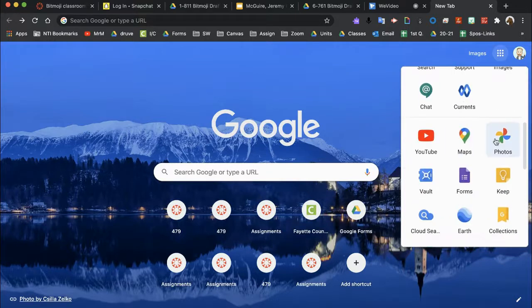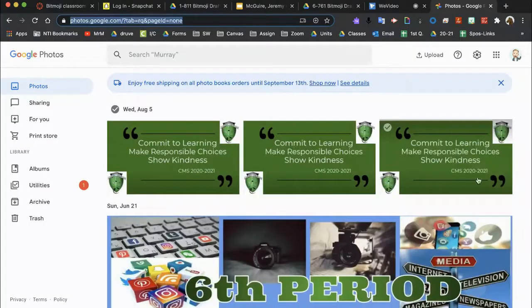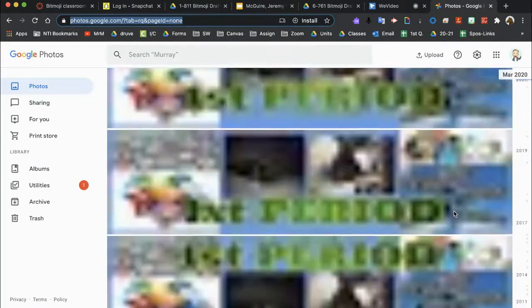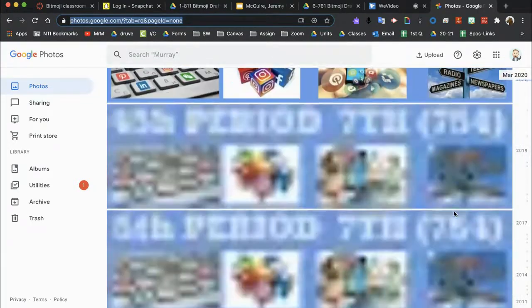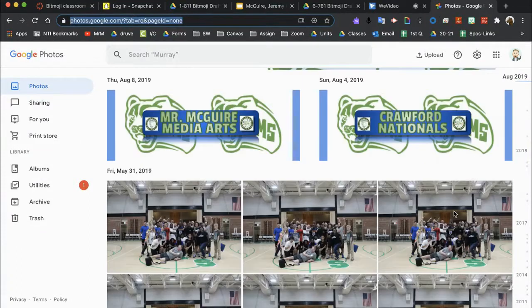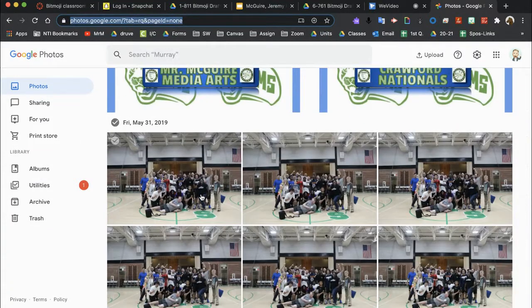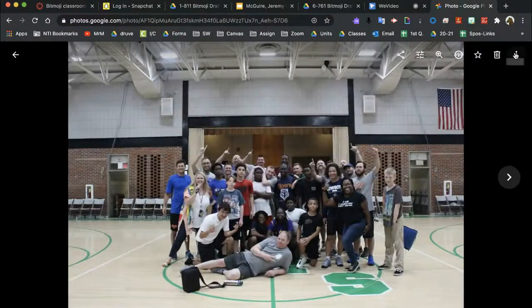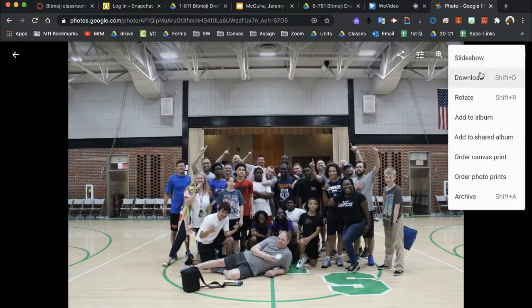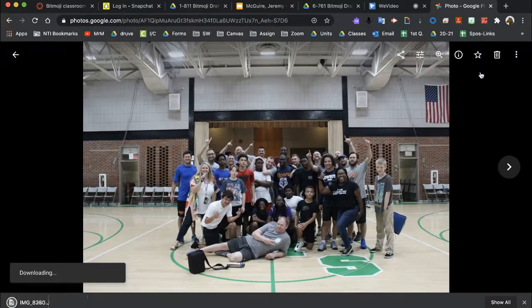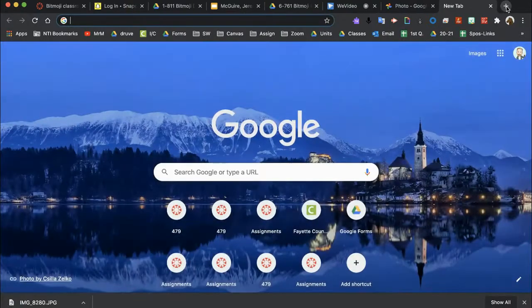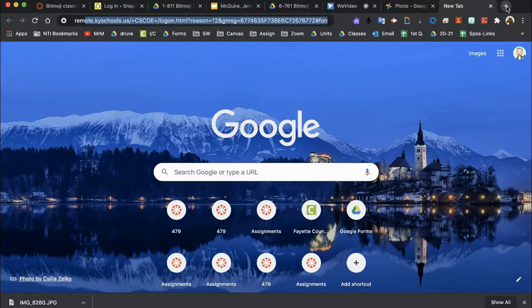let me go to my photos here and see if I can find the same one. So let's go down to my Google Photos. And they're really easy to insert. Okay, so in this case, just for the sake of me using this, I'm going to download this photo, and then I'm going to go to another window or a tab, and I'm going to type in